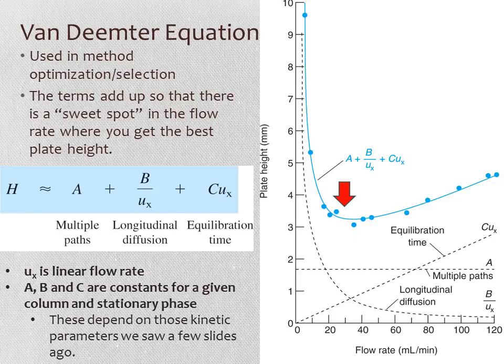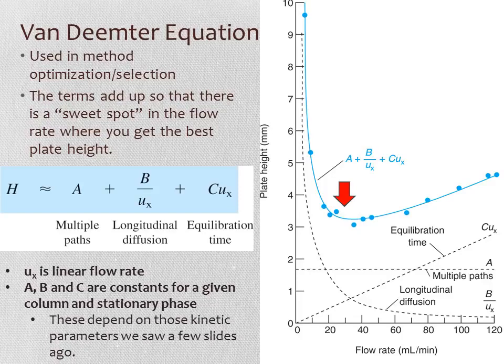So the name of that curve that we just saw is the Van Deemter curve. And this equation in the middle of the slide here is the Van Deemter equation. We use this to optimize methods for chromatography or to select a best flow rate. And the terms that are part of this, we've got A, B, and C terms that describe all of these